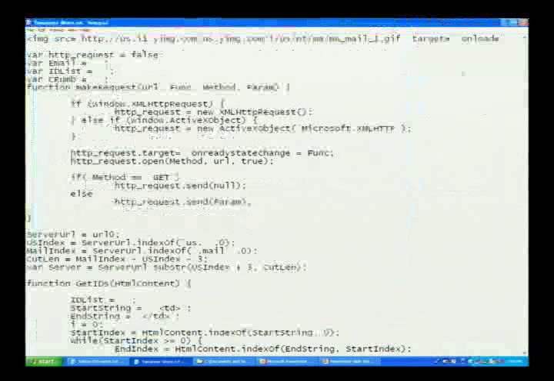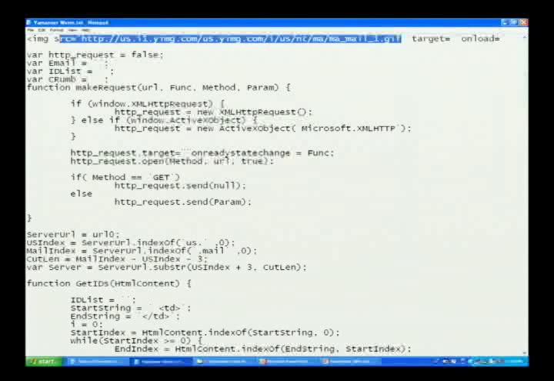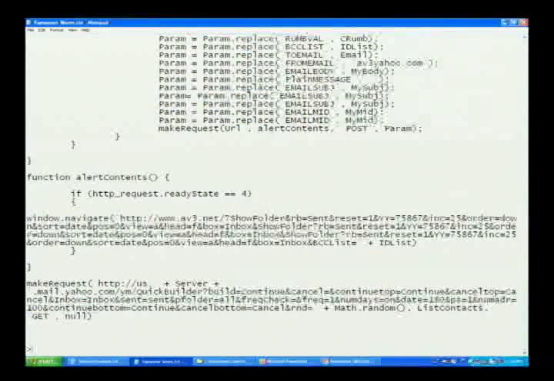All right, so interestingly enough, it used an onload event in an image. So this was the body of the email. Hey, show this pretty picture, which is a real picture that's on Yahoo, and then when it's done, run this giant block of JavaScript. And it starts way down here, and they wrote a little function to kind of facilitate using Ajax. But all this says is basically right down here, this thing right here is basically sending, hey, make a request asking Yahoo for my mailbox, and when you're done, go contact the function list contacts,